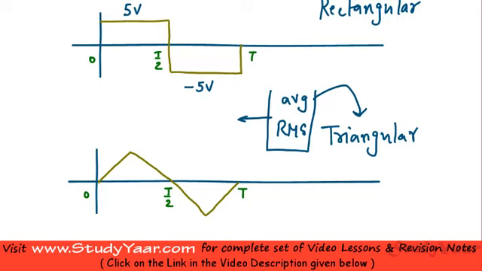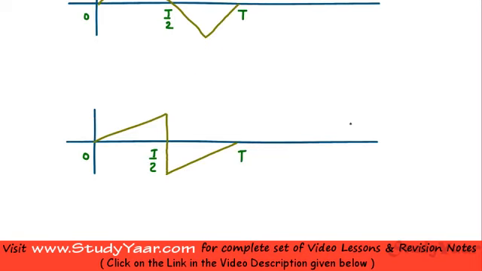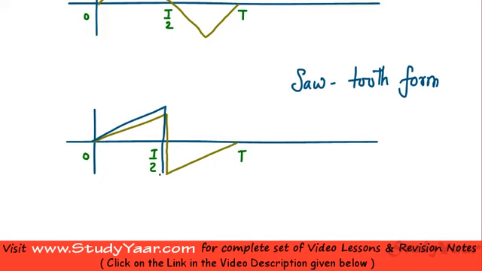Let's now look at the next waveform. Over here what we have is a sawtooth waveform. A sawtooth waveform looks like this. During the first half you again have a triangle, but it's a different triangle. Earlier we had a triangle which was like this. Now we have a triangle